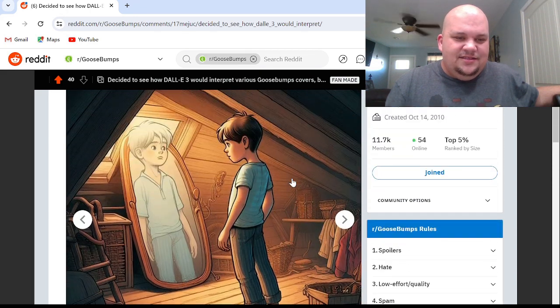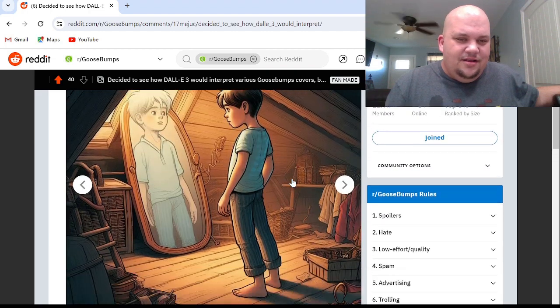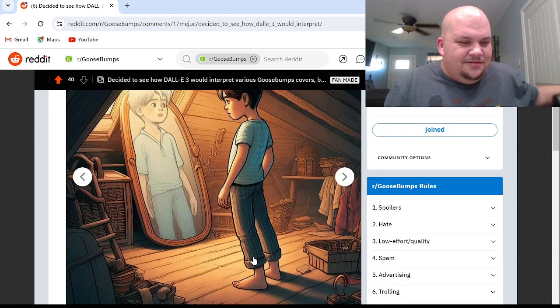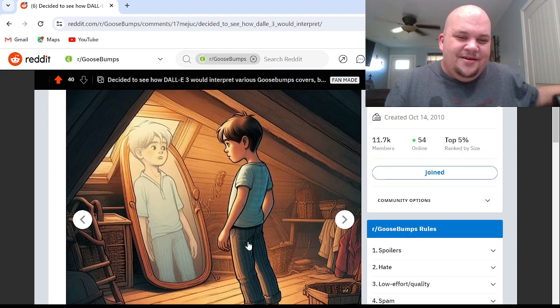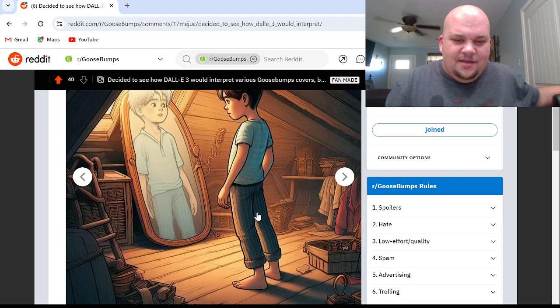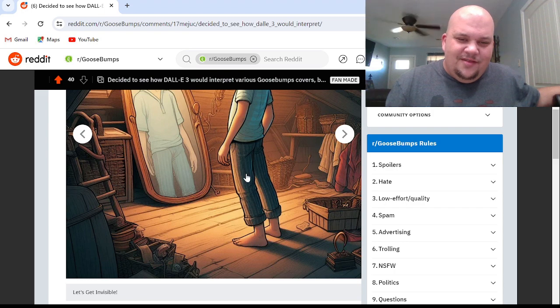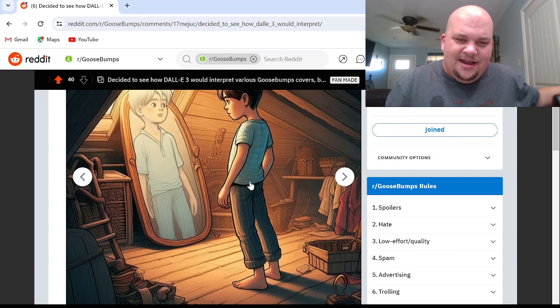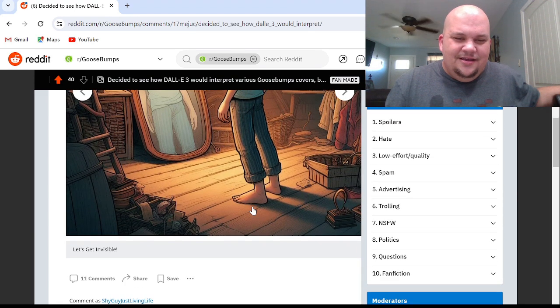And then it is Let's Get Invisible. Kind of about the same as the original cover, but see we got the mirror copy. I guess he's kind of coming out. It would have been a little bit better if they had showed that your boy was disappearing. Sorry, it's been a while since I read the book.